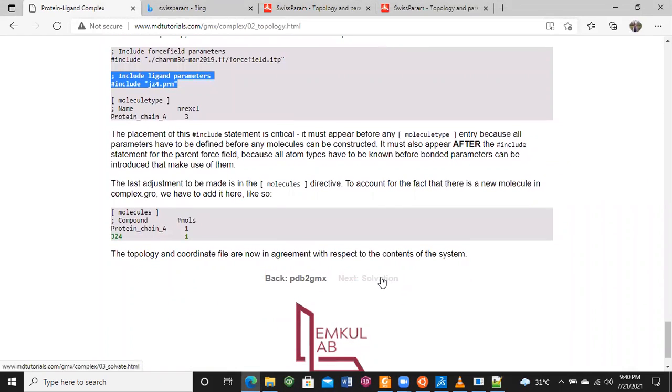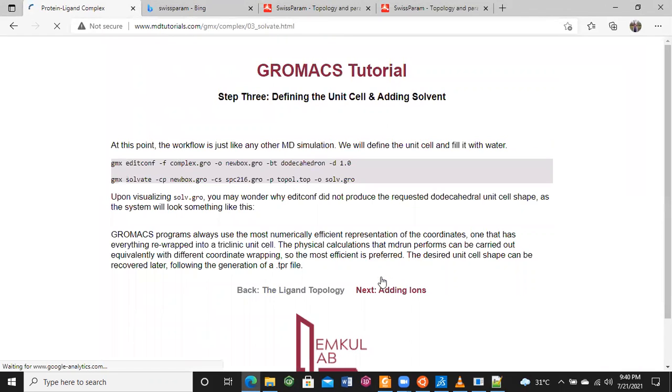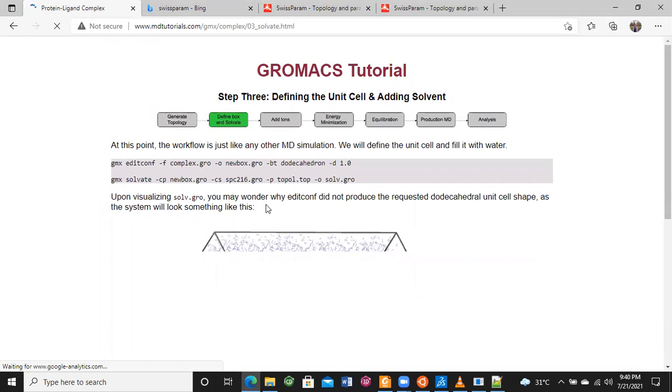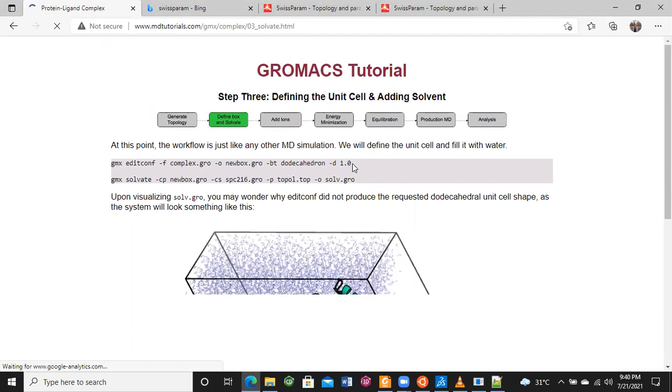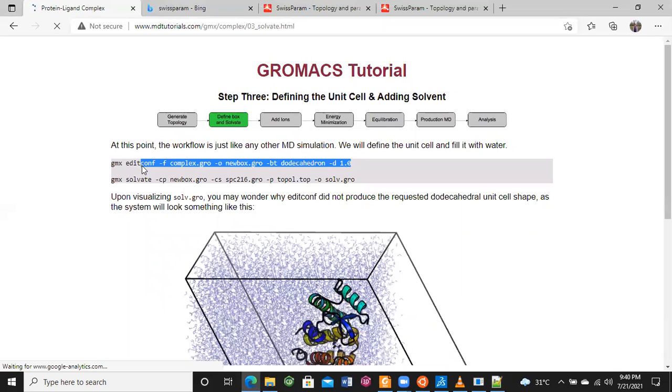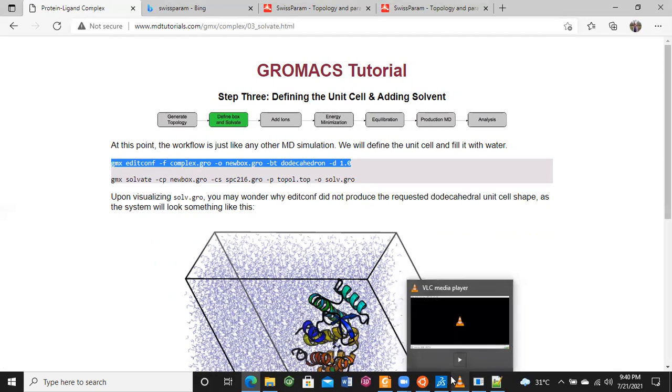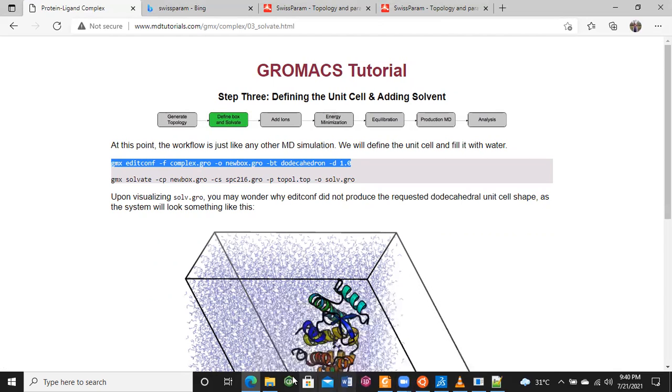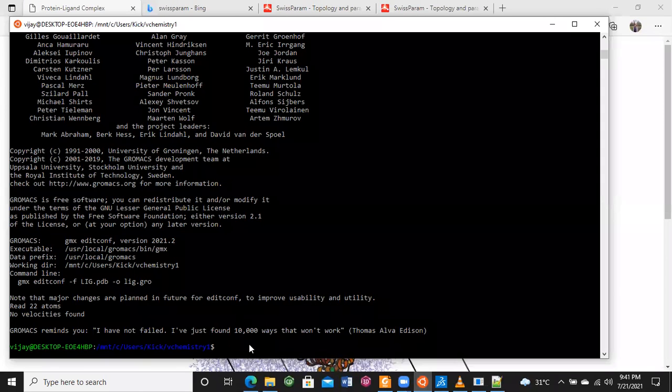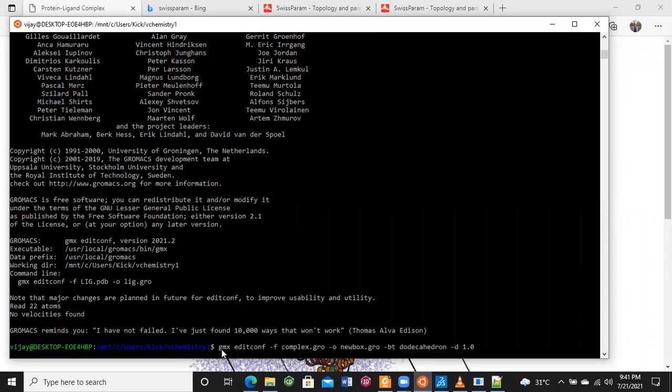Now we need to go for the next command. Copy this command and paste in terminal.